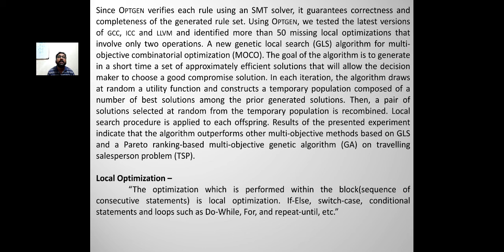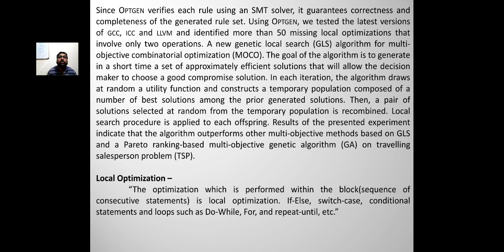A new genetic local search (GLS) algorithm for multi-objective combinatorial optimization (MOCO). The goal of the algorithm is to generate, in a short time, a set of approximately efficient solutions that will allow the decision maker to choose a good compromise solution. In each iteration, the algorithm draws a number of best solutions among the previously generated solutions.